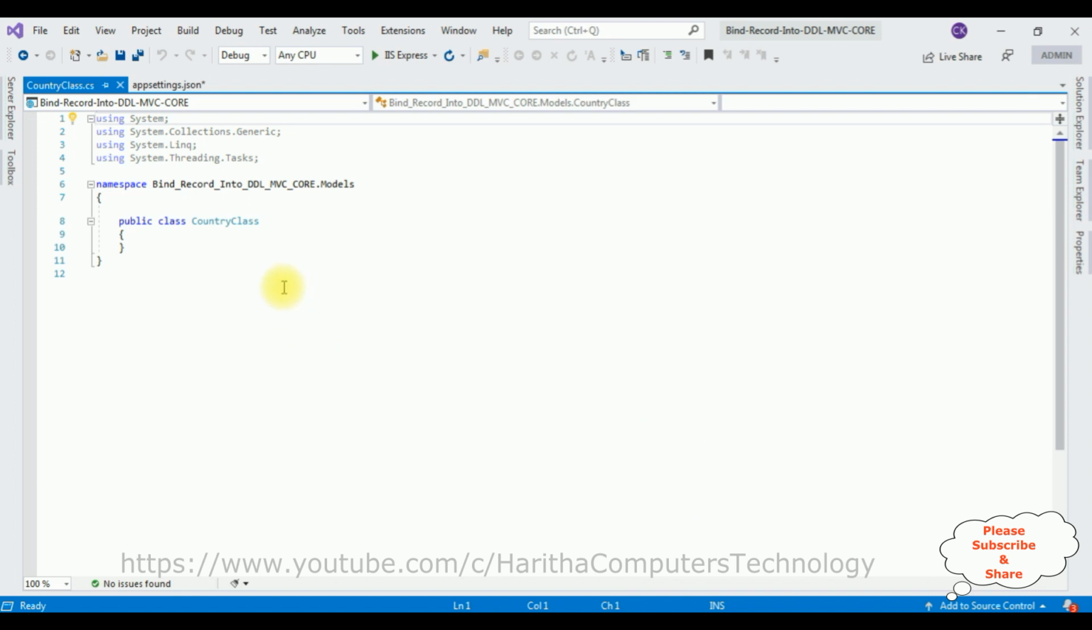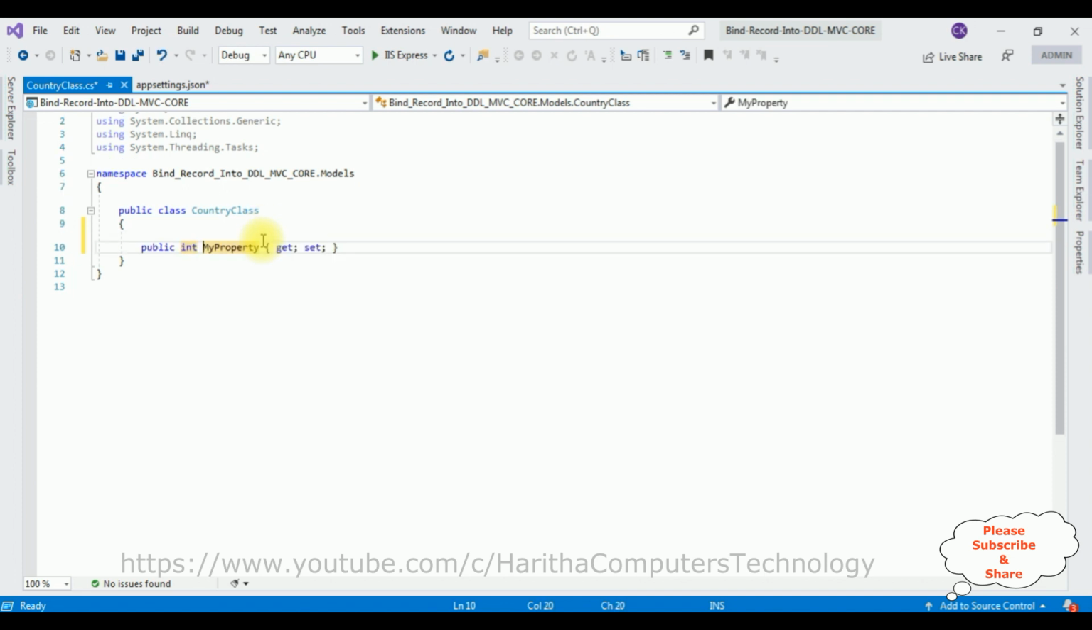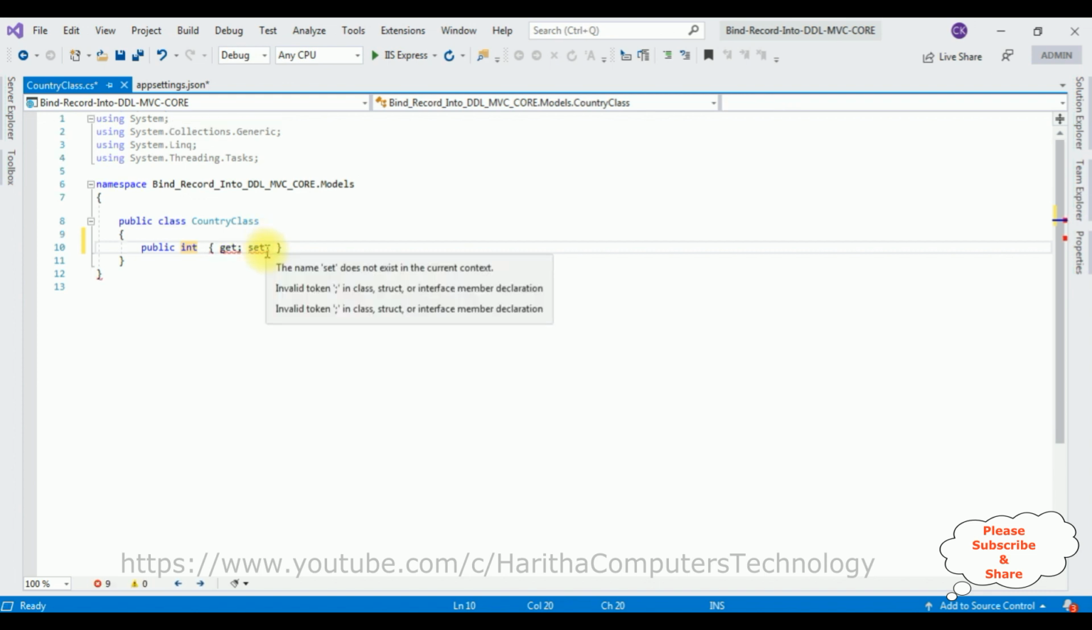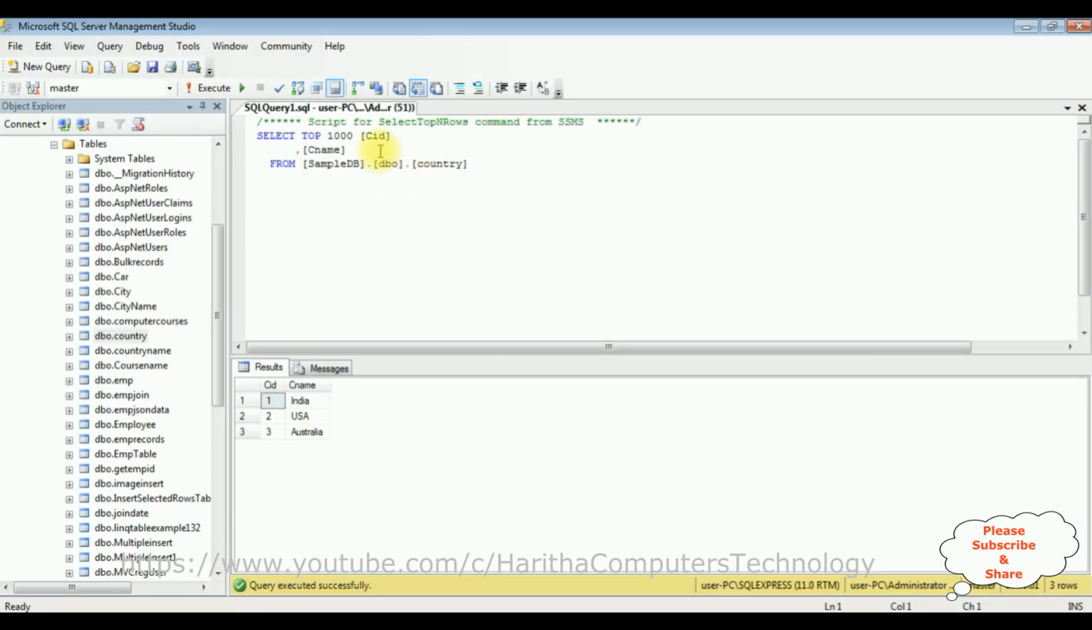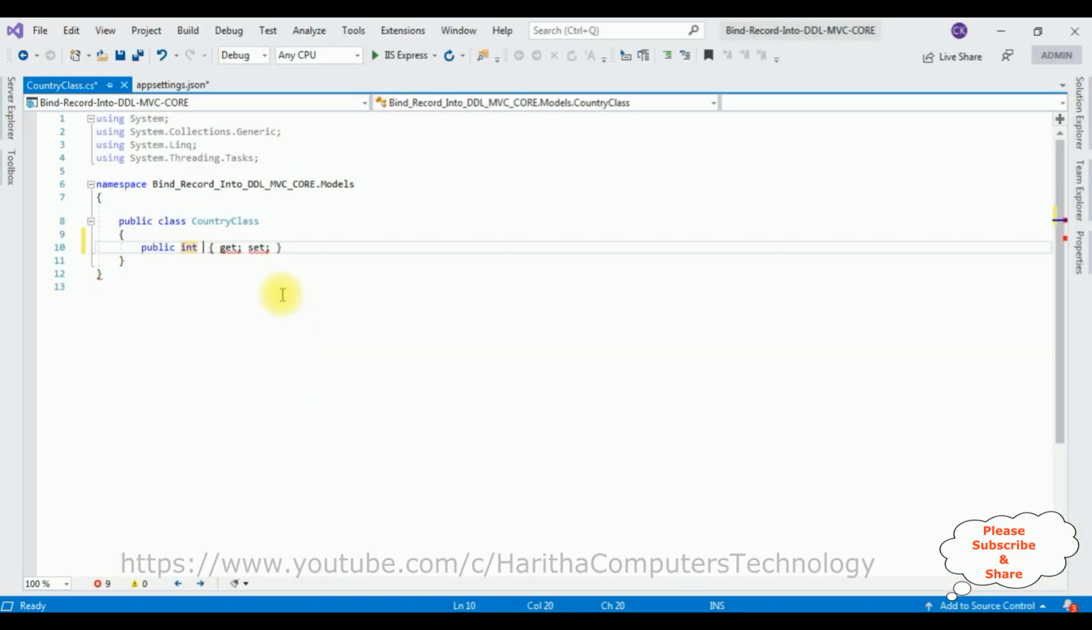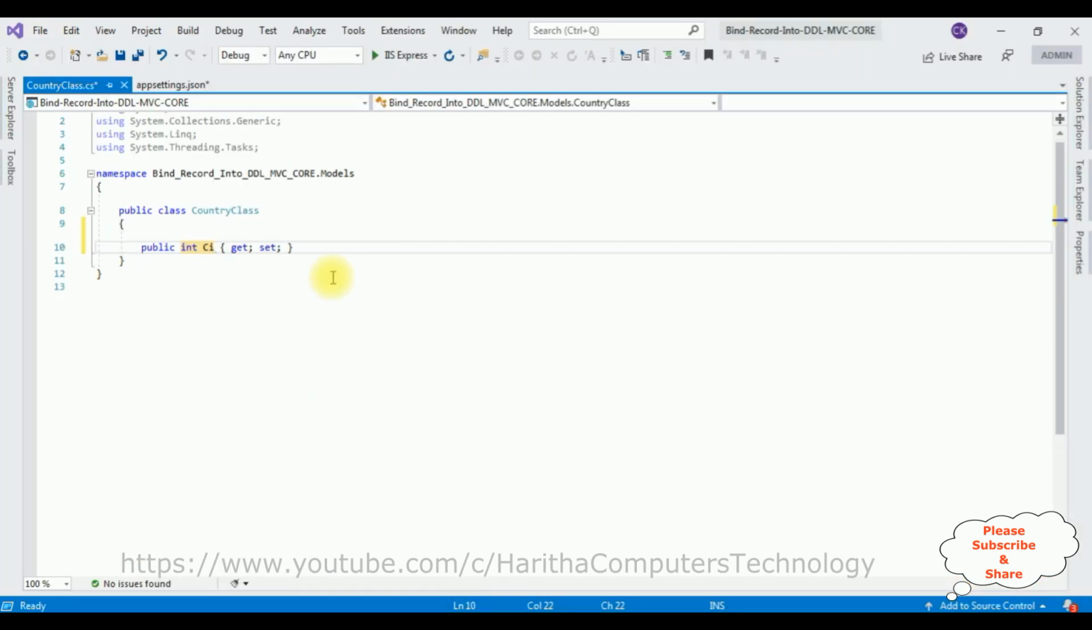Now in this country class I'm just defining the public properties. prop, double tap, int. Here one important condition is the property names must be the same as the column names in the table. So the first property name, switch to the SQL Server. In the table, the first column name is CID. Let's add that column name, CID,